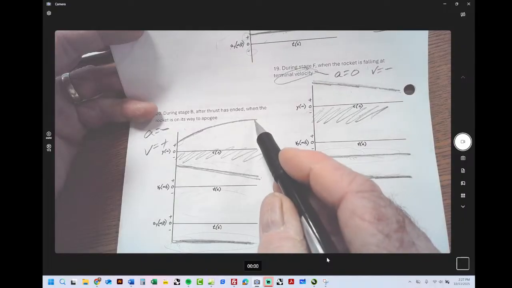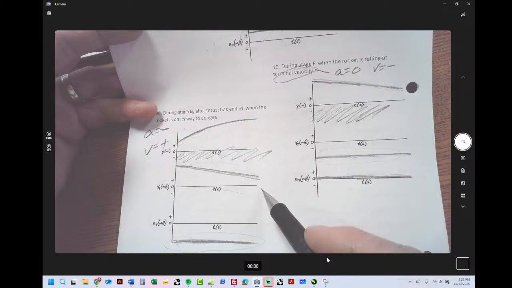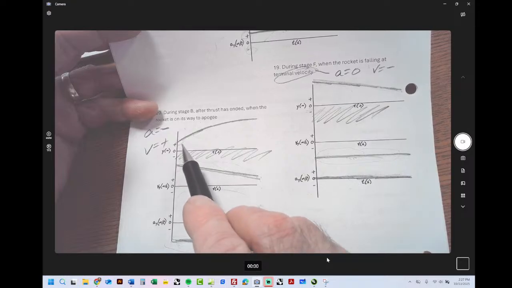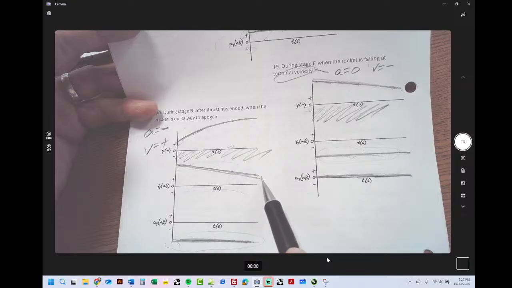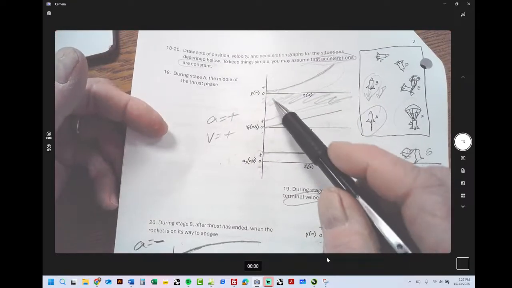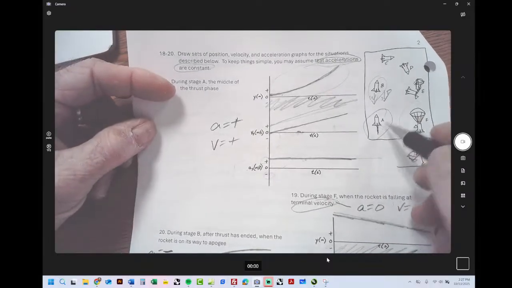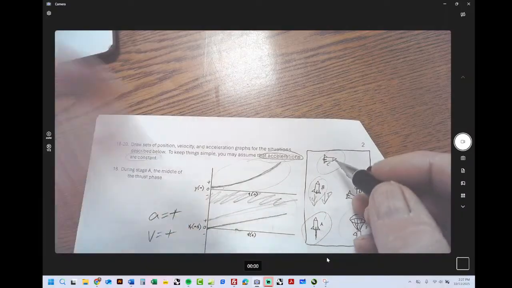And really, if this flattens out, then this should be getting to 0. But I'm not going to be too picky about that. I'm just going to look at this, and I want to see a downward curve here and a decreasing line here. Whereas on this first one, I wanted to see an upward curve. So the questions were about A and B and F. If you had to do C, then